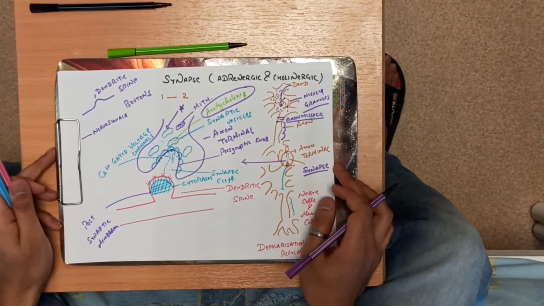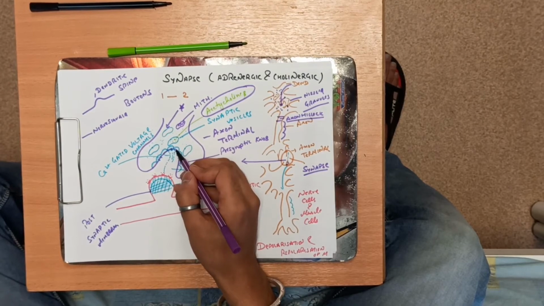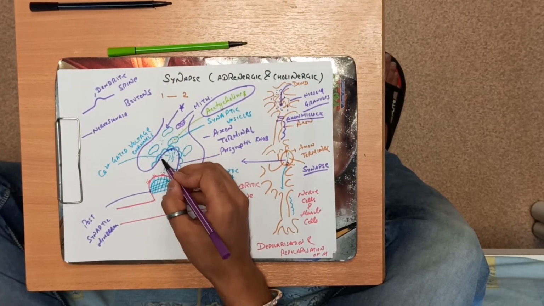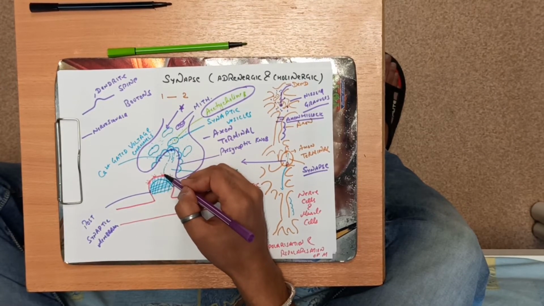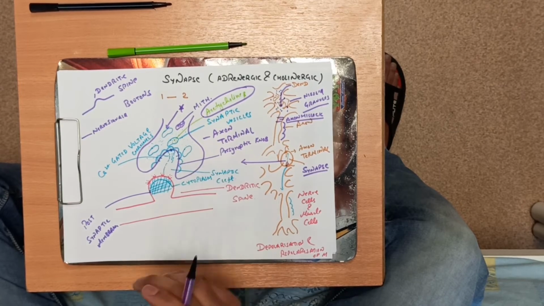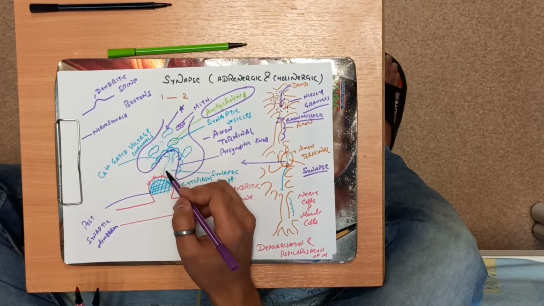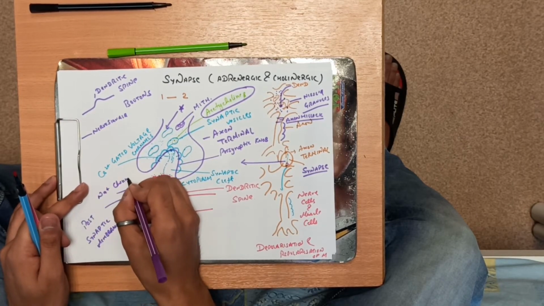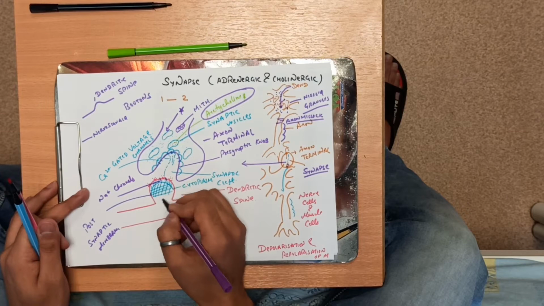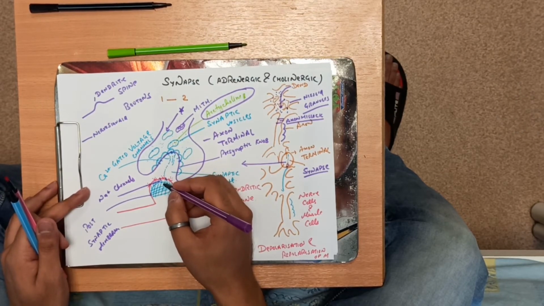Now on the arrival of the action potential, it depolarizes the presynaptic membrane. This is the presynaptic membrane. Calcium ion gated channels will open and acetylcholine will diffuse from the presynaptic membrane to the postsynaptic membrane. Now as soon as the acetylcholine gets passed from here, it diffuses into the synaptic cleft, enters here. Now there are the sodium ion channels here. Sodium ion channels on the postsynaptic membrane open and sodium ions enter into the cytoplasm of the postsynaptic membrane, causing